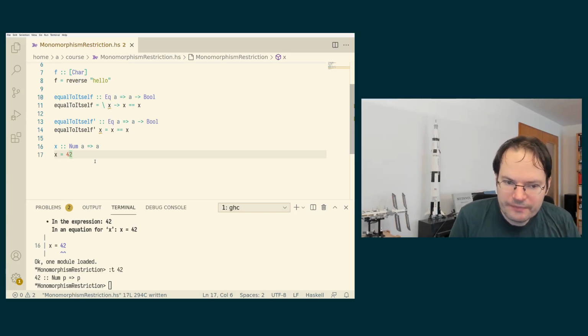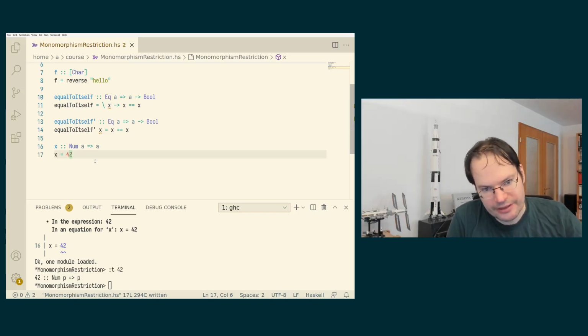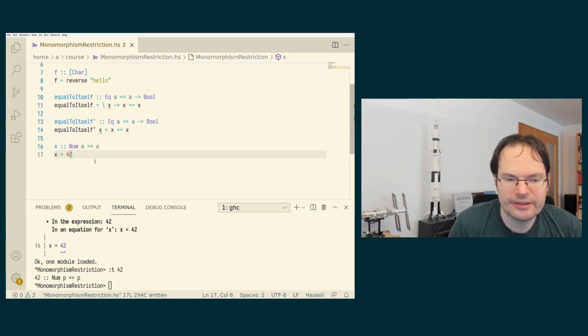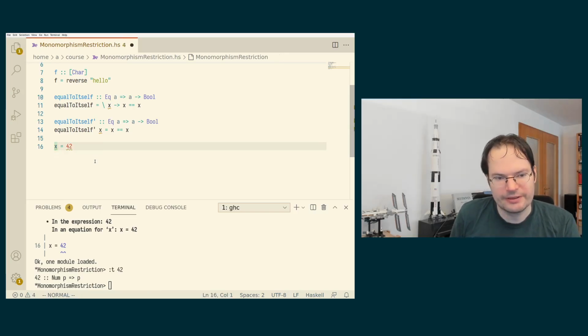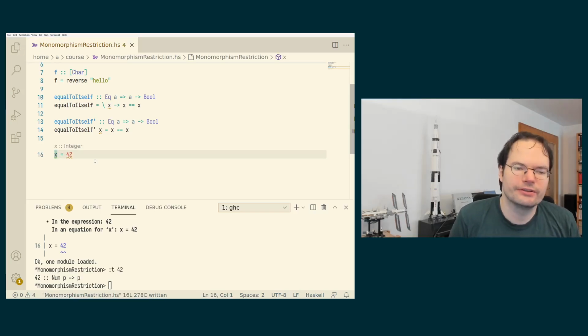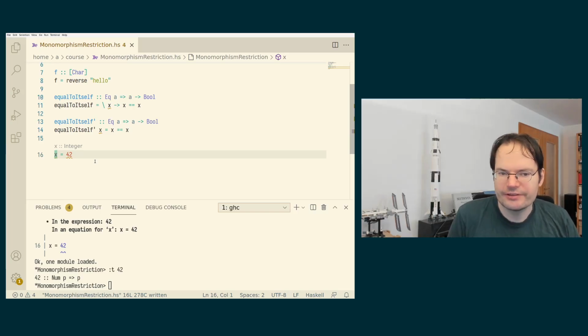and call the fromInteger function in the Num class in order to actually get to the concrete representation for the particular type. We would probably not expect, if we just had x equals 42 there, that it's not just a shared constant that we can use over and over again, right? So you can see that there is a certain reasoning